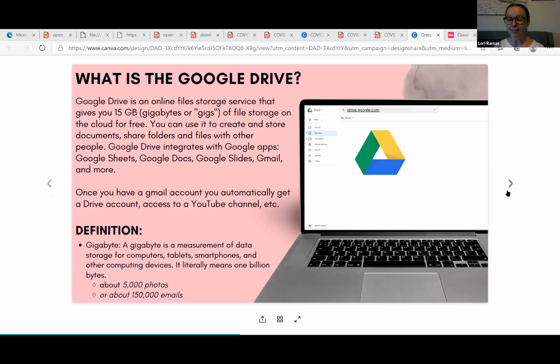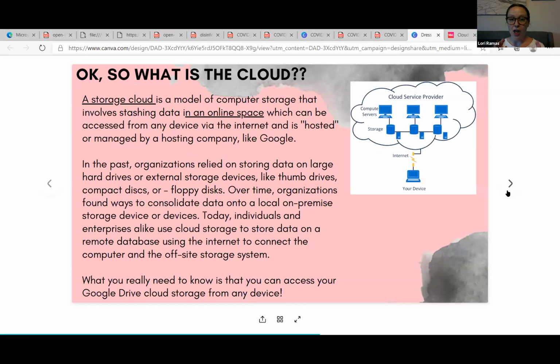Don't worry, I'm still going to watch for your questions. So a little bit more about what the cloud is. Cloud storage is one way of computer storage. It's kind of like you're storing data in an online space. And by the way, in these slides, anything underlined when they share them with you is all clickable. So this actually goes to a deeper dive into another article about clouds if you want a little bit more help understanding it. So it's essentially hosted by Google, which hosts a bunch of clouds or a bunch of online spaces where you can put your storage.